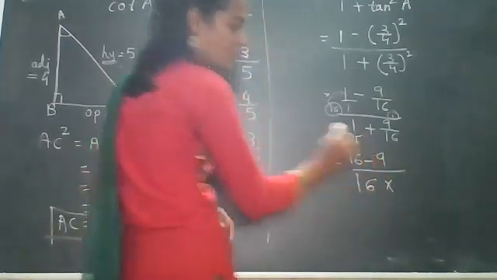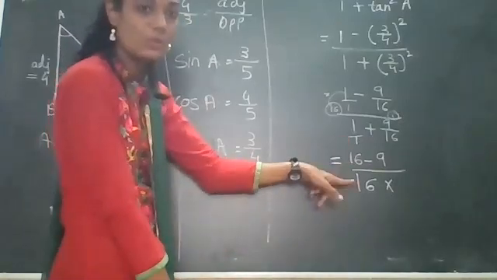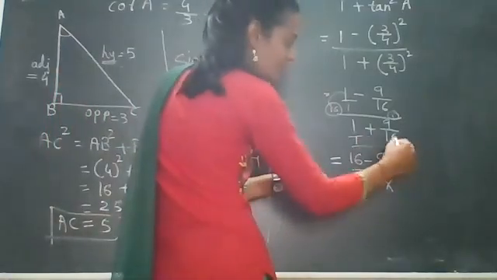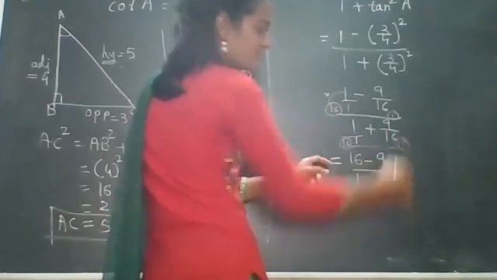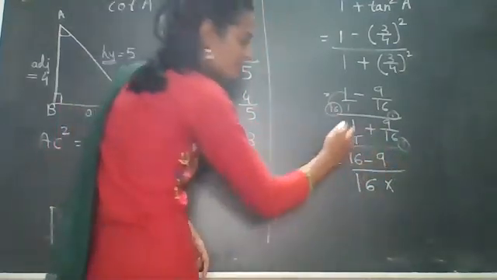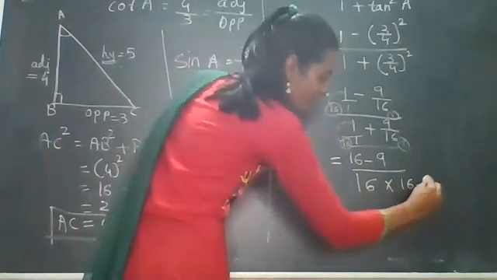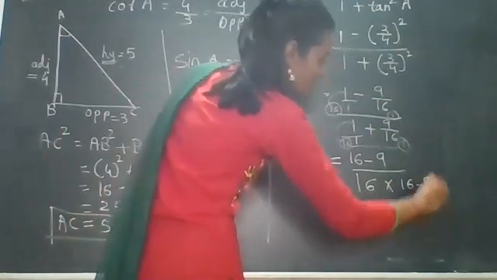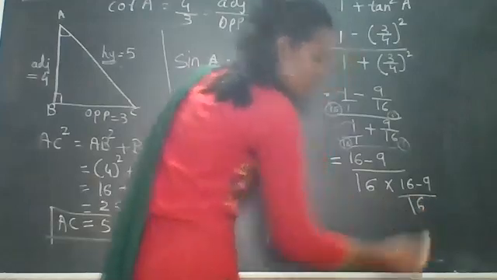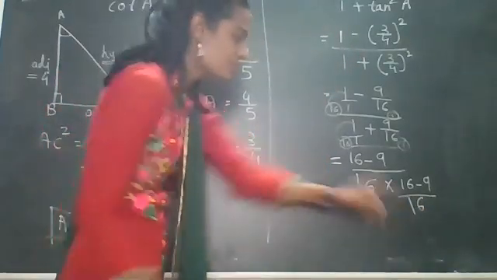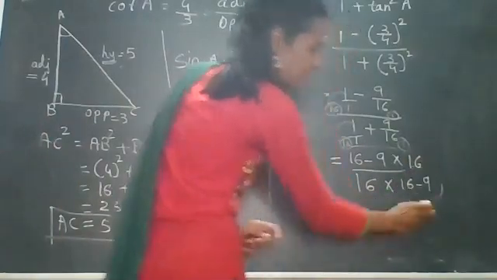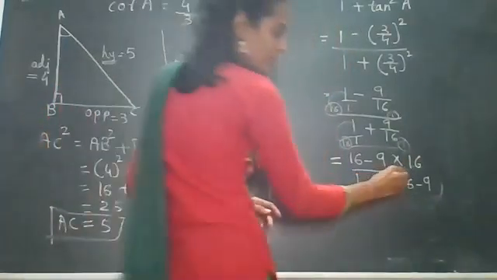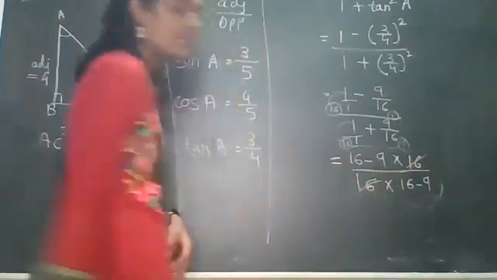Similarly, here we have to take the LCM again, that is the denominator. So here the LCM of 16 and 1 is equal to 16. So here 16 ones are 16 minus 9 upon 16. This upon 16 will go to the upper side from multiplication with that 16. So here 16 and 16 will be cancelling out.